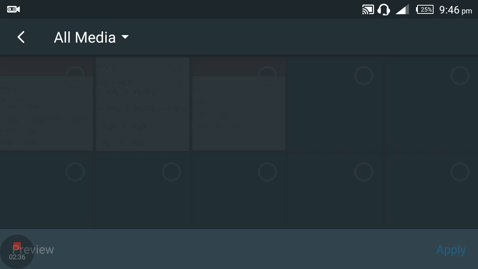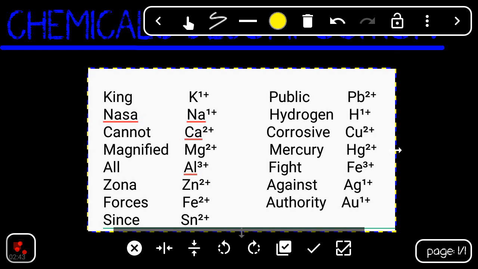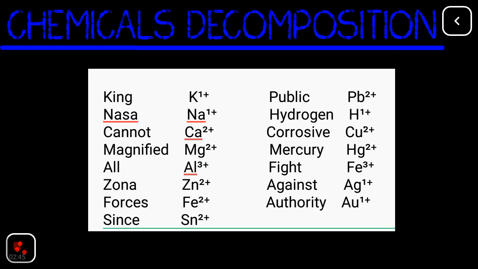I'm just going to bring up the picture there, right? So you have this there, and you can see I put it in two rows. So let me divide it like this. If you come down, you take from lead down to gold again, because the space won't be available for me to write it in just one row. So let's go without waste of time. You can see potassium, sodium, magnesium, calcium, magnesium, aluminum, zinc, iron, tin, lead, hydrogen, copper, mercury, silver, and